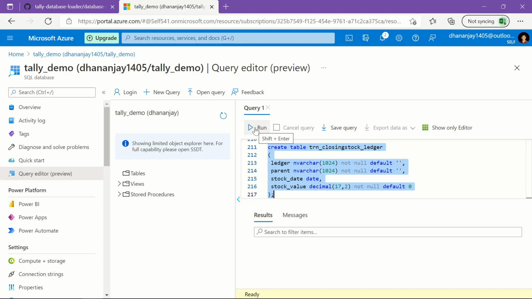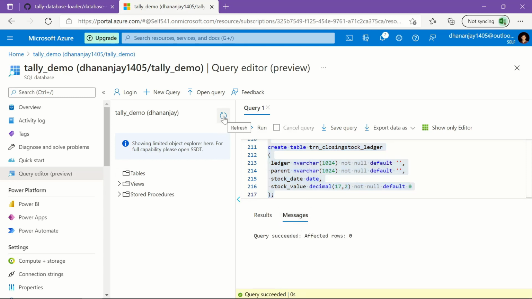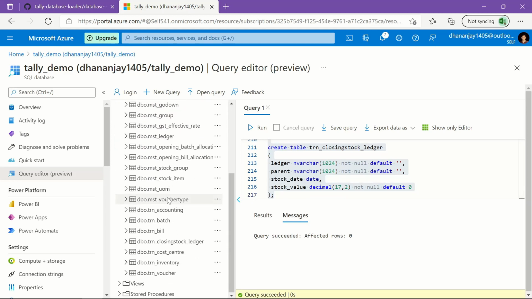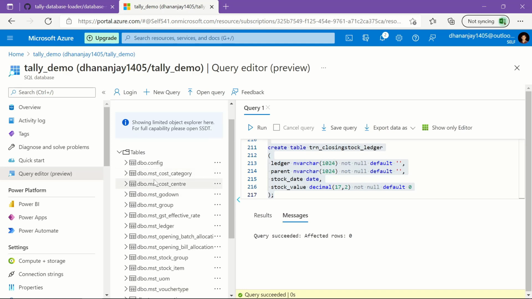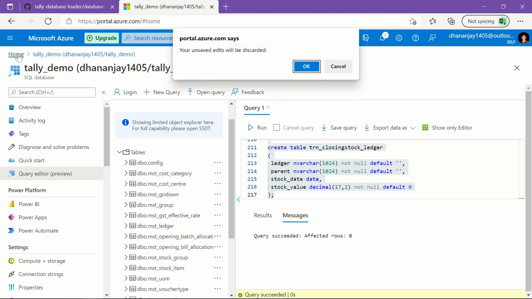Click run so that all the tables would be created. Let's refresh this view. Okay, so you can see all the tables created. Okay, so let us go back to the home screen again. So we need not save this.